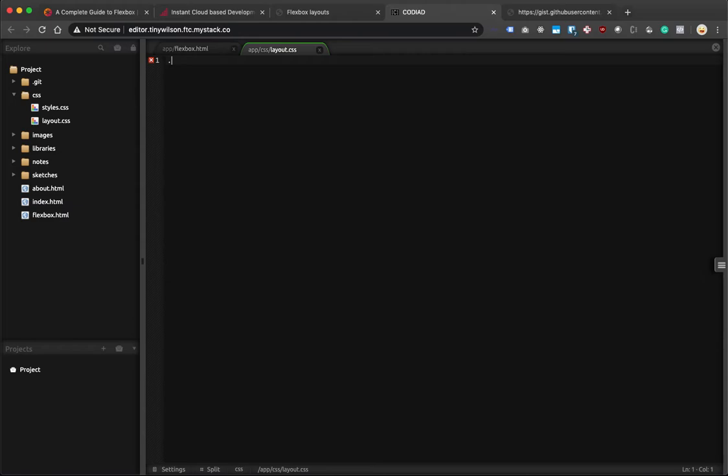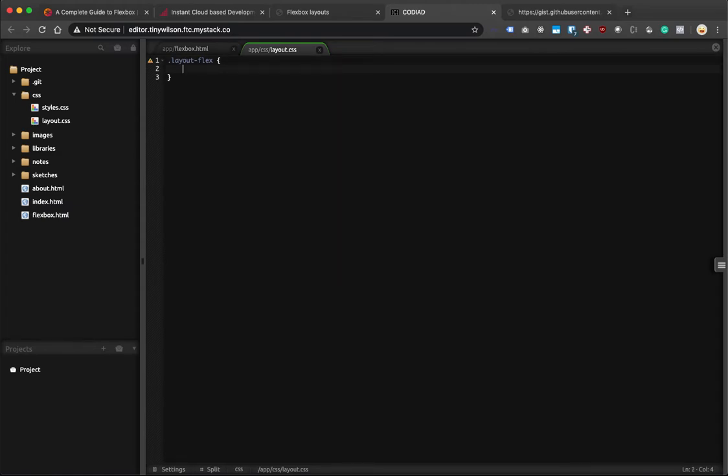Remember, to select a class, we use dot in CSS, dot layout-flex. And my typing today is a little typo-y today. So dot layout-flex, and then we're going to open the curly and close the curly,